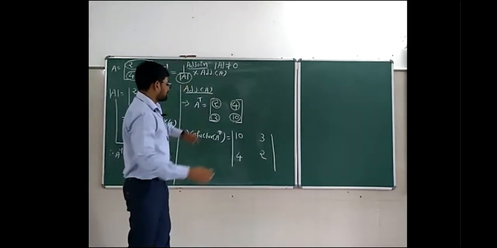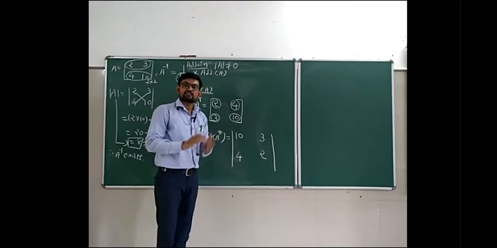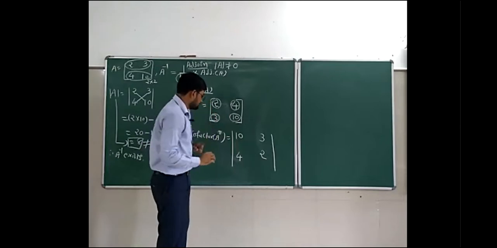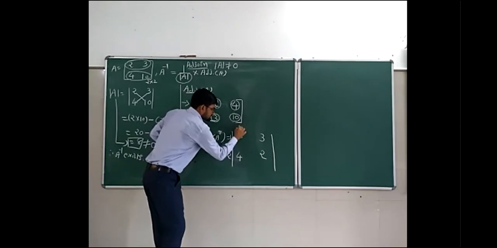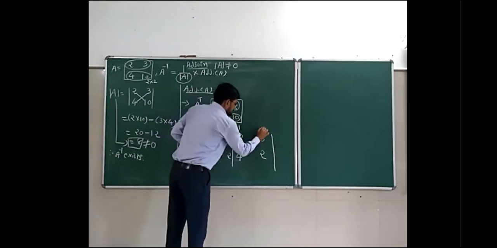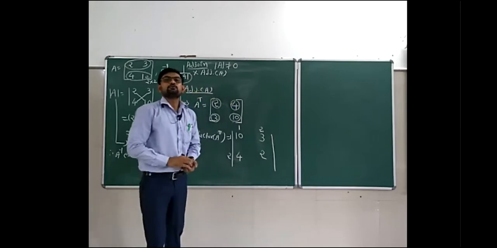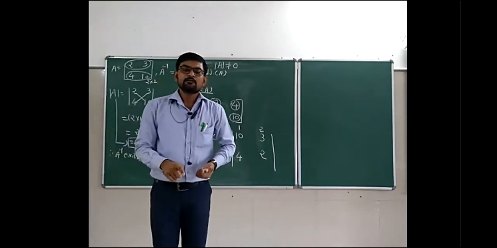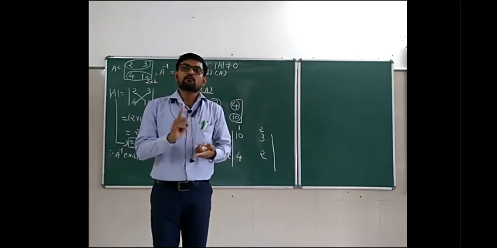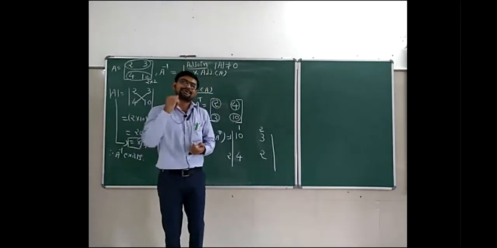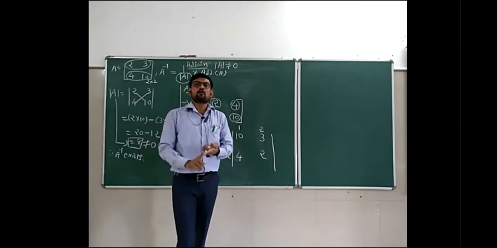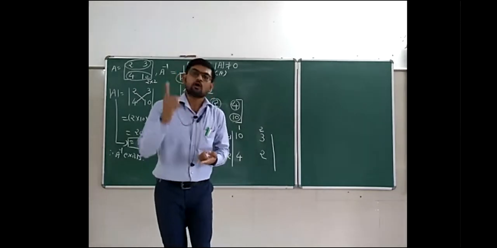So that is our homework. And after finding this, you have to change the sign. How can I change the sign? So this is my first row. This is my second row. This is my first column. This is my second column. Now use positive sign if the total of row and column is an even number, and use negative sign if the sum of row and column is an odd number.